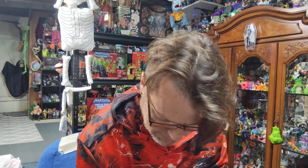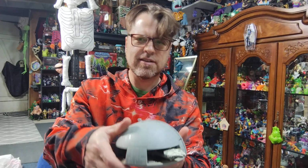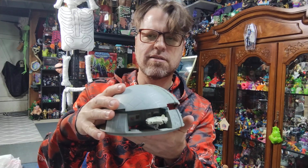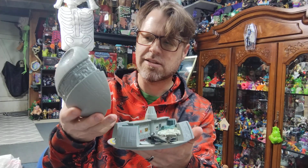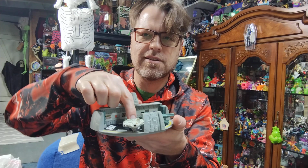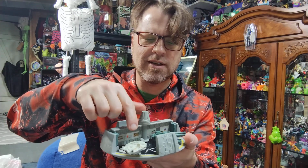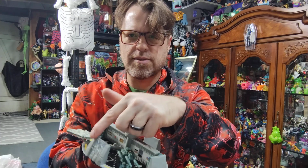Another fun piece is all this stuff was in a bag. It was all in parts or pieces. So I didn't know if it was complete or not, which it's not. It's probably close, but you pop the top off here. And it does have the little wand movable thing with the Millennium Falcon on it. It had this gun piece, it had the bridge, and it has 3,